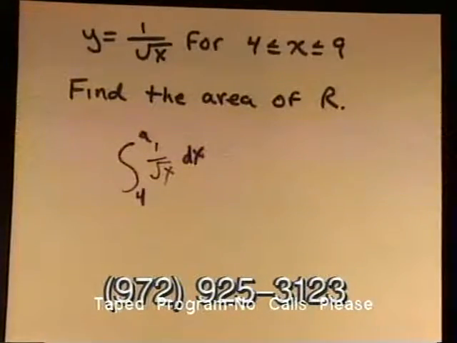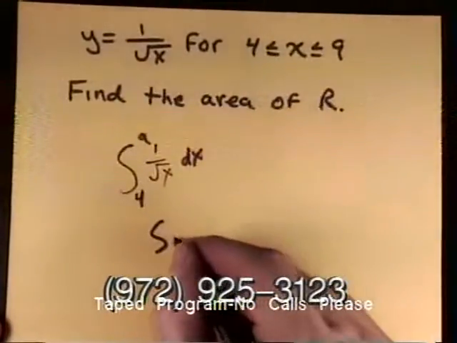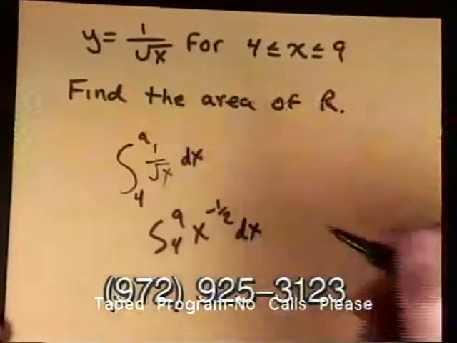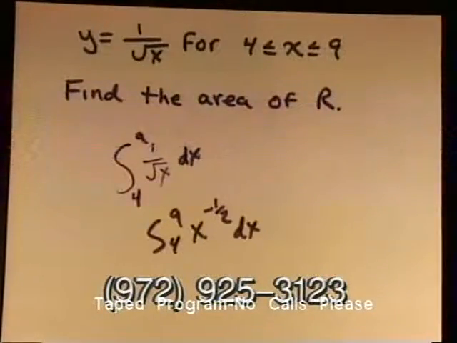X to the negative 1/2. Integrating from 4 to 9, x to the negative 1/2, dx. Okay, and then what do you want to do? Bump it up and divide. Is that a Jaguar term? Bump it up and divide. I like that. Is that Ms. Brzezinski talking? Is that her lingo? Yeah, that's her language. Bump it up and divide.